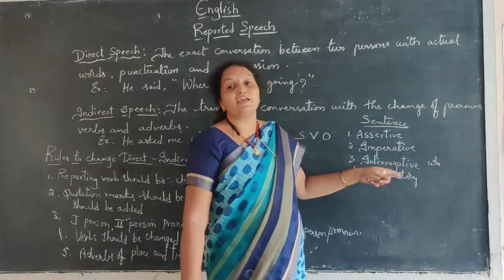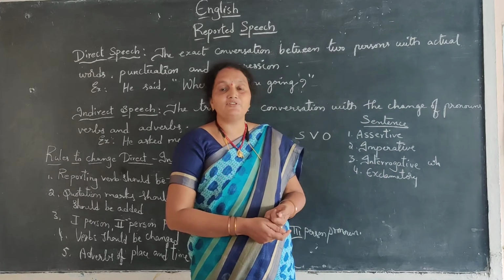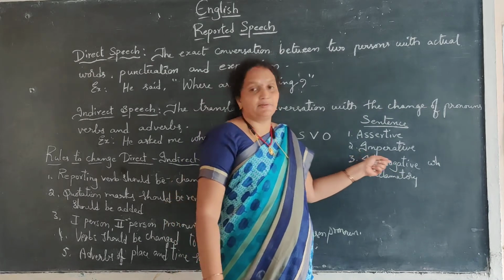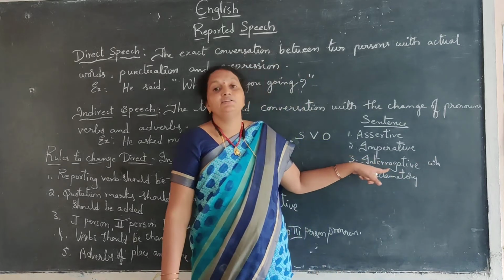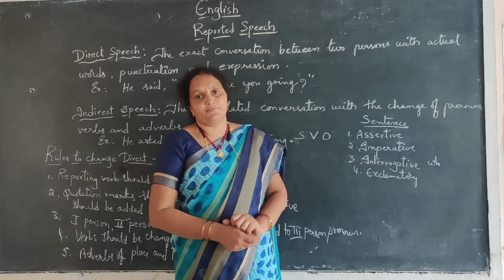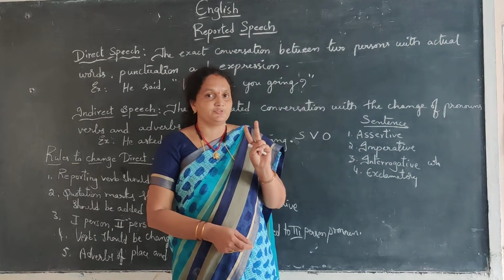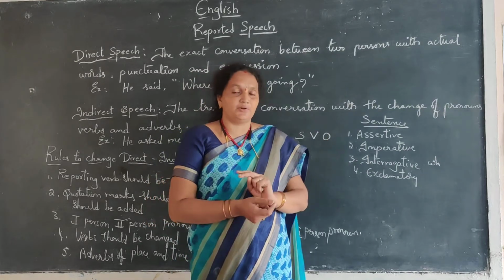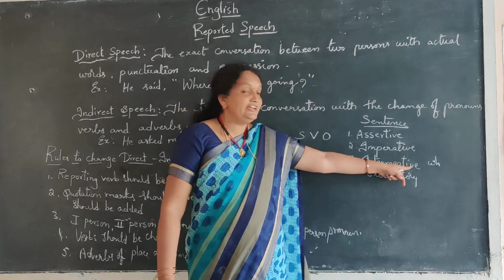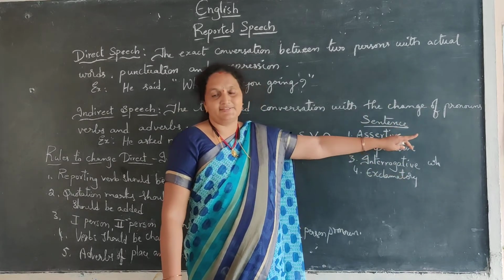The question that starts with a helping verb: am, is, are, was, were, will, would, shall, should, can, could. All these helping verbs, and do, did, does. Whatever starts with these is called a confirmation question. So there are two types of questions we use: information questions and confirmation questions, WH and yes/no. These are the two types of interrogative sentences.